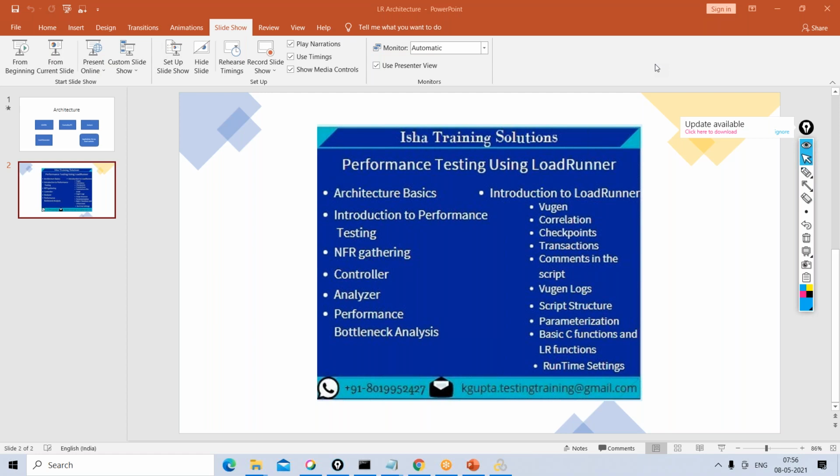Okay, I've got one question. As a QA, is it hard to switch to performance testing? No, no, no. It's never a hard thing. I have seen so many functional testers learning performance testing very quickly. Hardly, it will take not even 1 month for them to learn. It's not very complex, right? It's a simple tool. The only thing is we have to learn a few concepts and identifying the bottlenecks and all those things. You can learn easily. It's not a big thing.